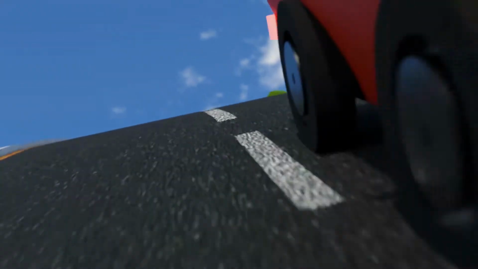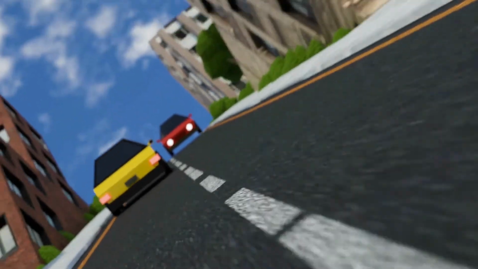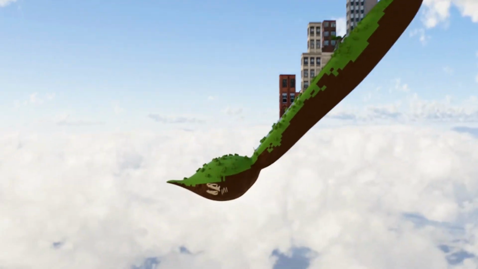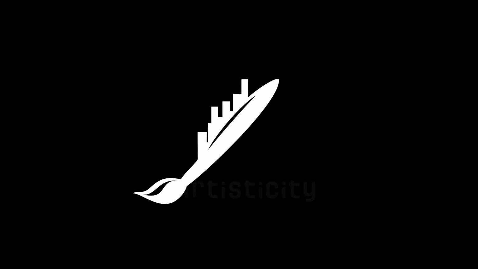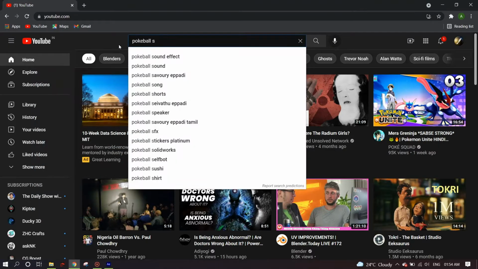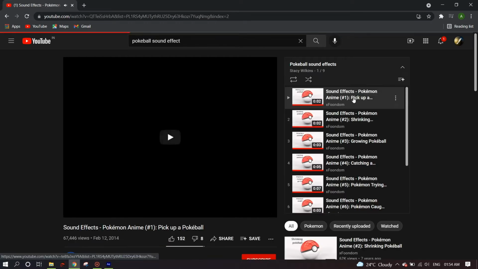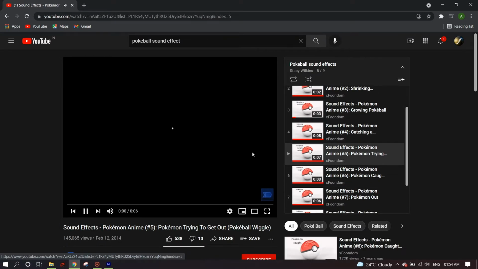So let's create the sound effects for the Pokeball. There are only two sound effects for this animation. One, the Pokemon trying to come out of the Pokeball, and two, the Pokeball touching the ground. For the Pokemon trying to come out of the Pokeball sound effect, I opened YouTube, typed in Pokeball sound effects and got the exact sound effect for it